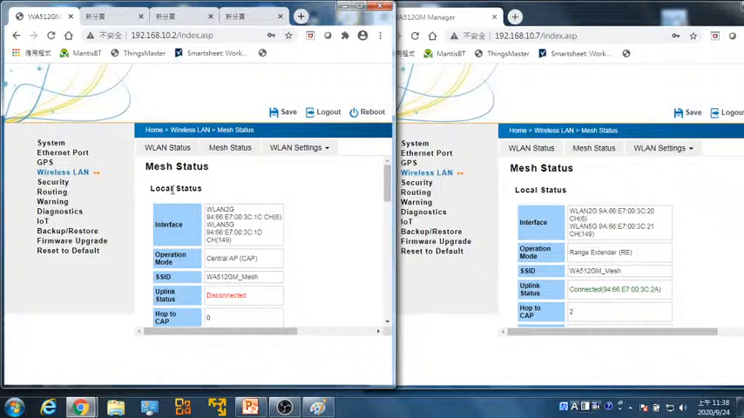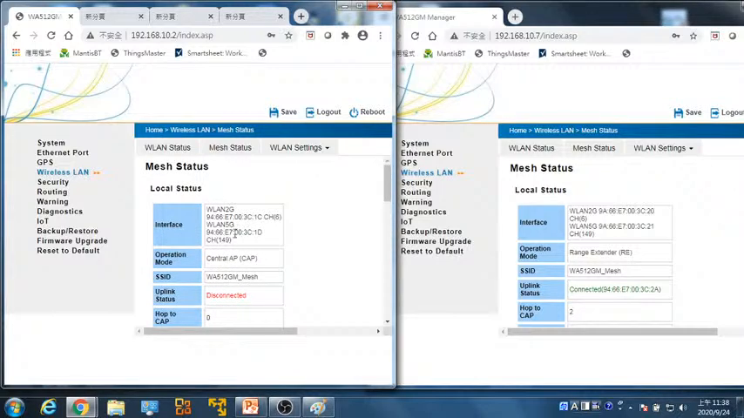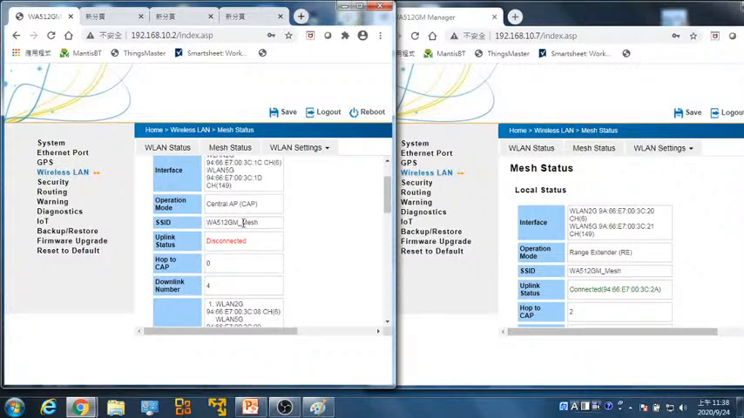Okay, we check the local status first. The interface displays the MAC address and the channel of this WA512GM. In operation mode, this WA512GM is set as CAP, and the SSID is WA512GM_mesh. The uplink status is disconnected, which means the CAP has no uplink to the internet now,